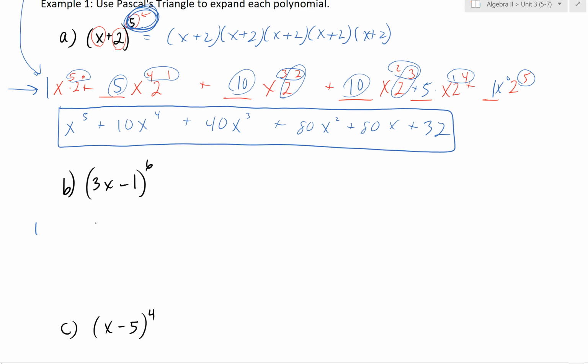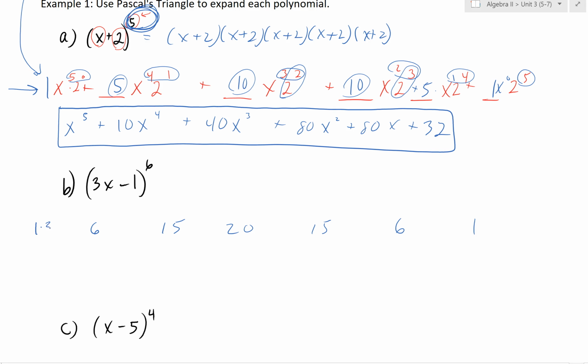One, 6, 15, what was the next number? 20, and then 15, 6, and 1. Okay? Now we have to be really careful with parentheses here, because